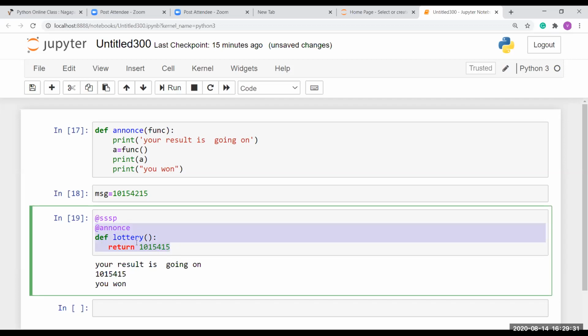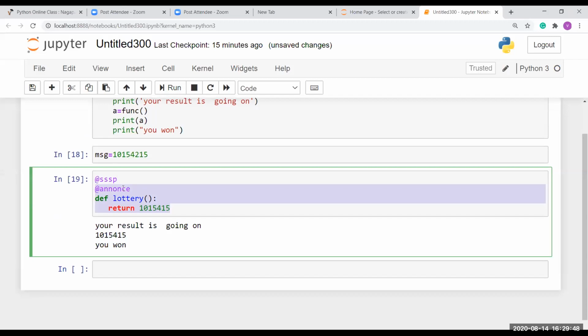Then that value will go into here, and the ssp function will process what the announce decorator returned. Okay, so it's like overlapping or overwriting. So we have to be aware while using two or more decorators on a single function.